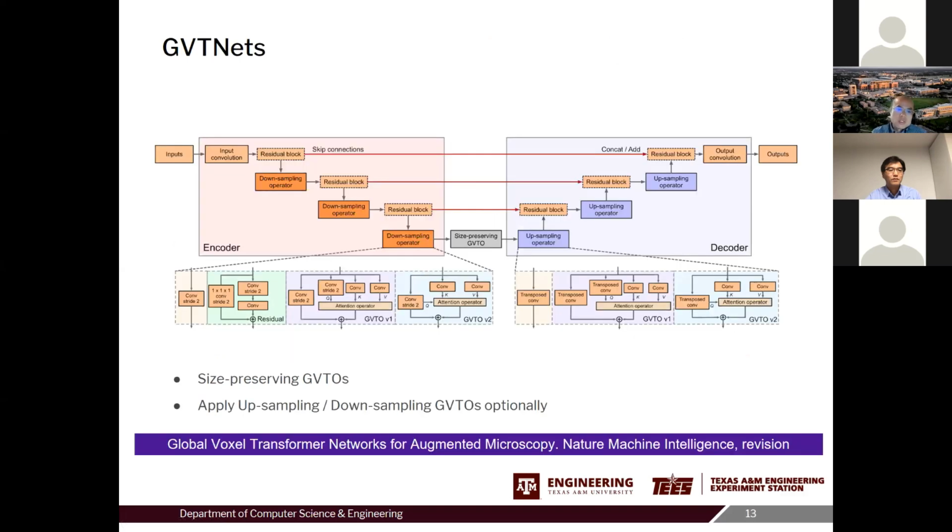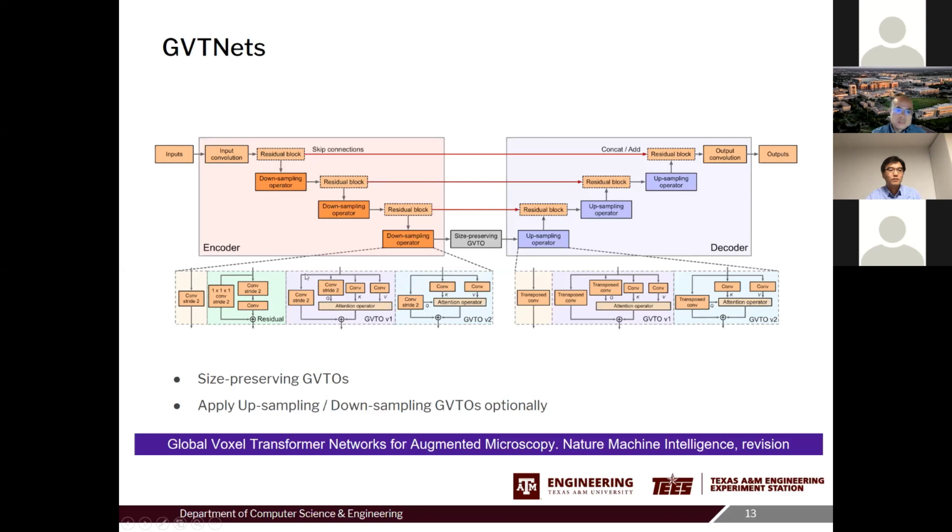So by putting all these global operators together, we still use a UNet architecture. Again, we have an encoder path, a decoder path, and skip connections. The only difference here is that the downsampling and upsampling operators can be replaced by our global operators.